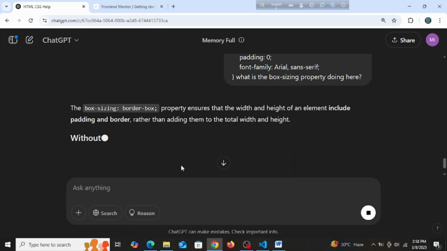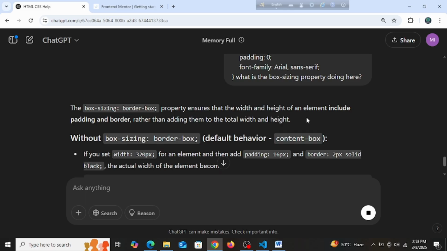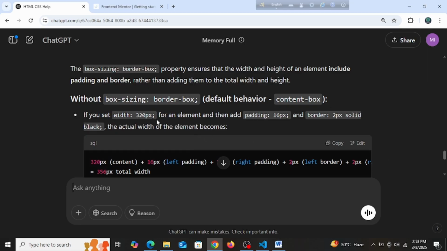Box sizing border box property ensures the width and height of an element include padding and border rather than adding them to the total width and height. Okay, so without box sizing, the default behavior is content box. If you set a width of 320 pixels for an element and add padding of 16 pixels and a solid border, the actual width of the element becomes, okay,